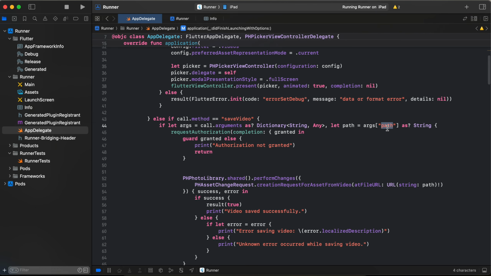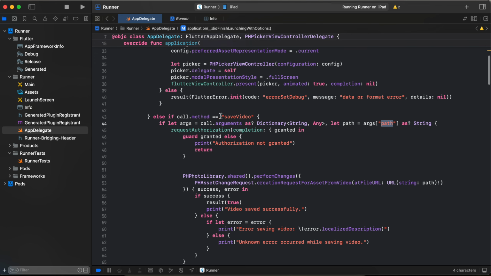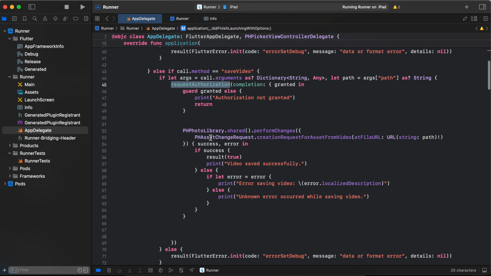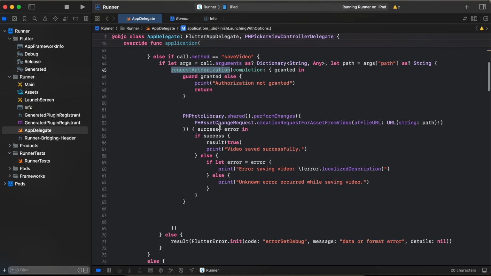So we get the path from Flutter side, because we are sending the path, right, of our transform video to Flutter side. Then we just request authorization. So I will show you this method in a bit, just to check we have access to Photos app or not, because we need to save the video to the Photos app. If we have, then we just do